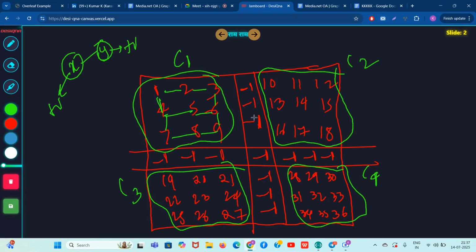So let's say you want to calculate the answer of cell 5. Cell 5 will be the sum of all the other components. 5 is in which component? 5 is in component number 1, means it can visit all. If 5 is in component number 1, means cell 5 can visit all the other cells which are in component 1. But cell 5, if you start your traversal,